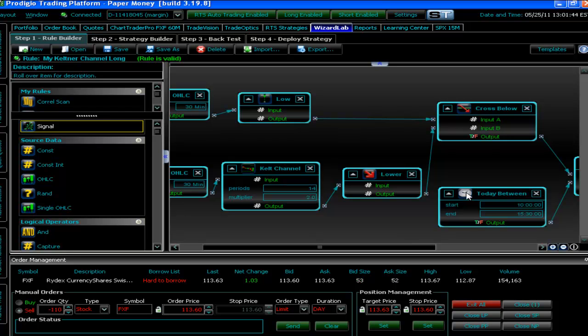But the philosophy of Prodigio Wizard Lab is simple. We're creating a server-side infrastructure that allows you to scale the strategies. There's some limits on that, right? But there's kind of ways around some of those limits, and if you start to use the system for a long time, you'll start to see how you can do this. For example, if you want to scan more symbol lists, you can create more versions of the same strategy, etc., etc. But we're building a server-side infrastructure